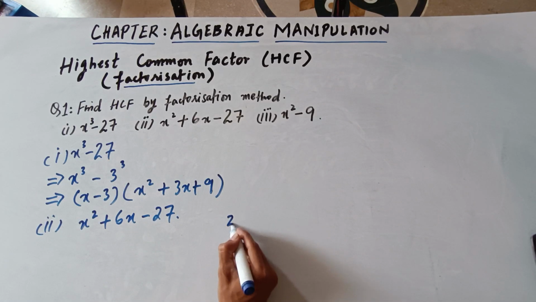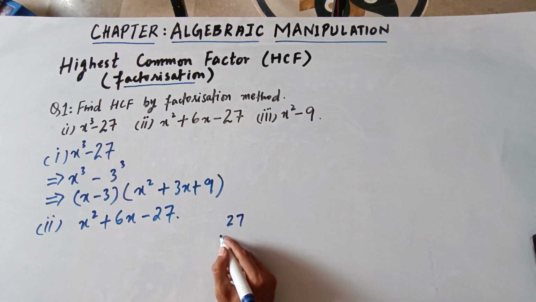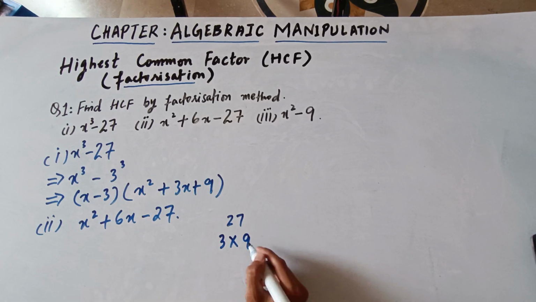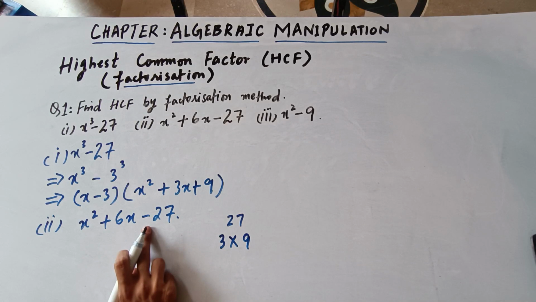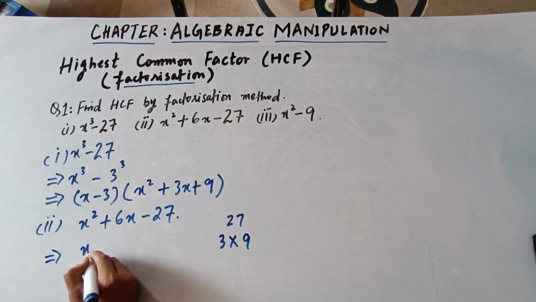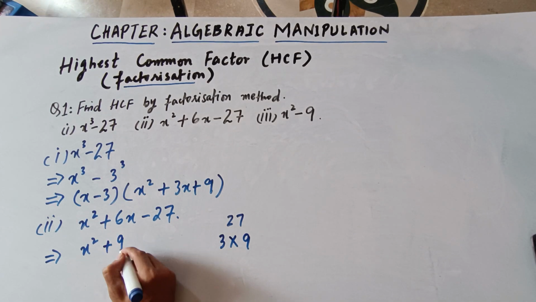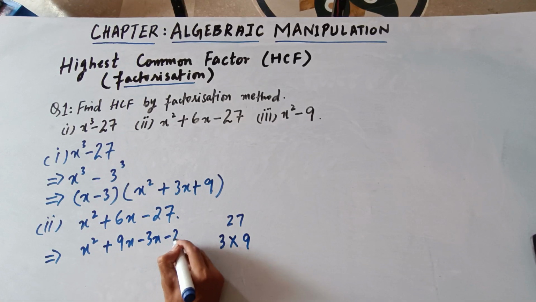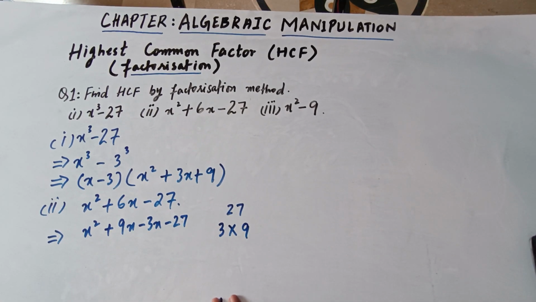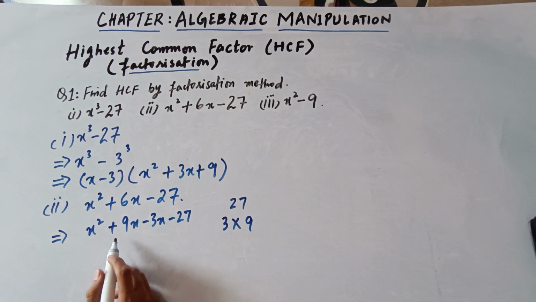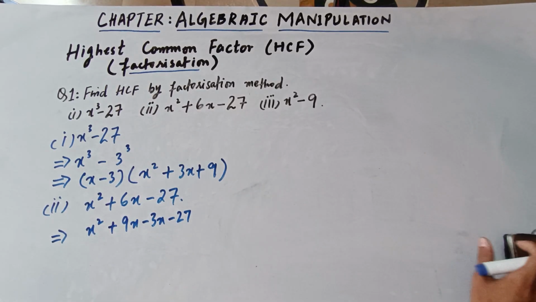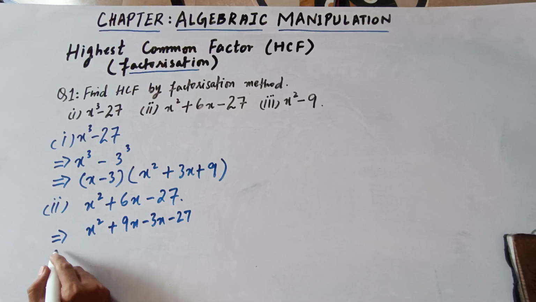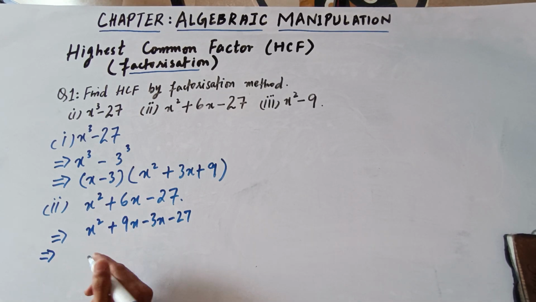So if we write the factors of 27, it will mainly be 1 and 27, and the other pair will be 3 and 9. So you can see 3 and 9 can make 6 by subtracting, but you need the product to be minus 27. So obviously you will break it like this: x square plus 9x minus 3x minus 27. This is how you can do middle term breaking of plus 6x, because it will satisfy both your conditions. We have already a video on our channel related to this middle term breaking factorization, so you can see more detail about it in that video.